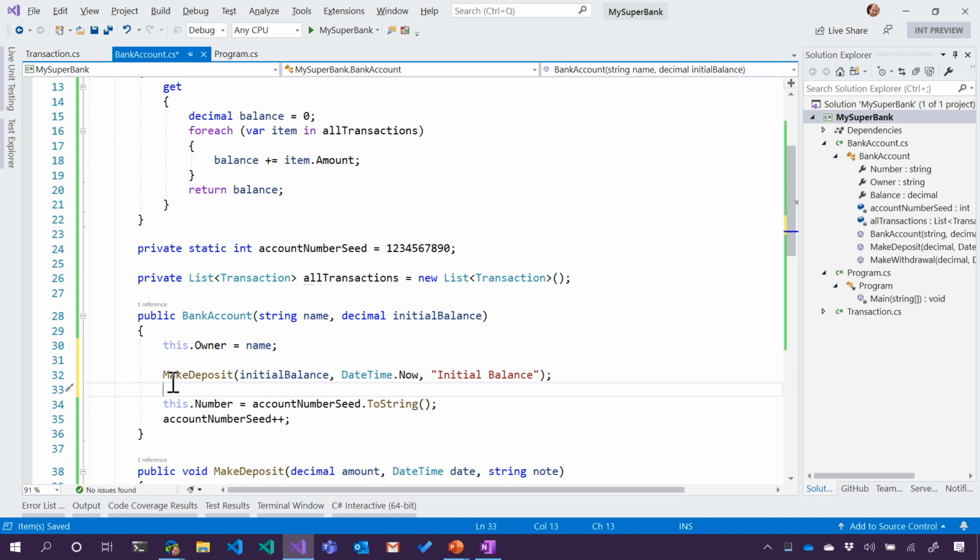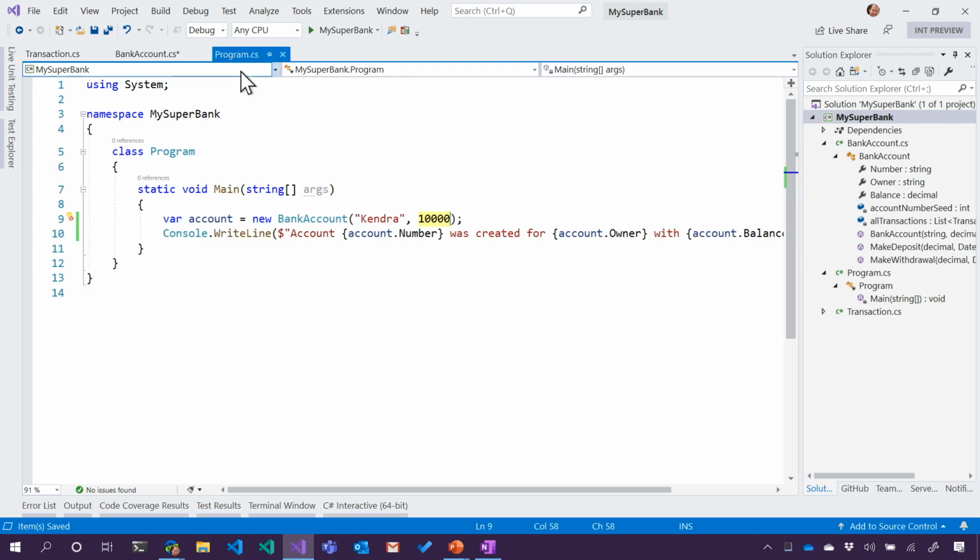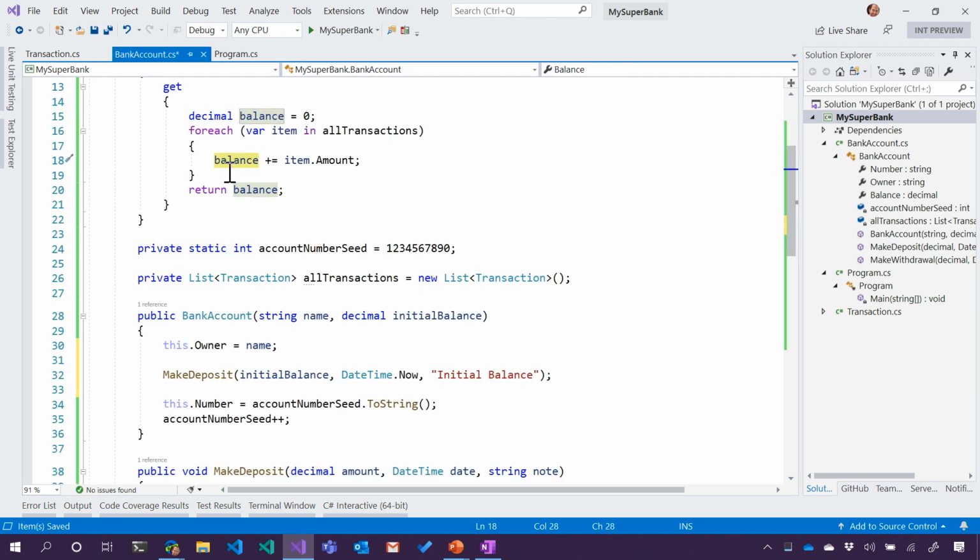So then I would think we call make deposit. It's going to add a new transaction to the list, and then we would expect that your balance would be, what did we give you, $10,000? Yeah, so I'm going to lose that probably. Or I could deposit that in the bank account. Right, but see, look, when you construct the bank account, here's our constructor. The deposit of the initial balance is 10,000, so you should not lose that.